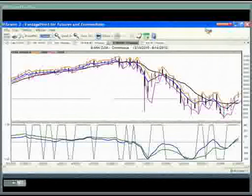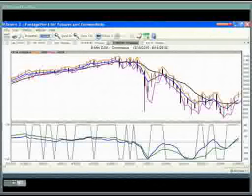As I mentioned, it was a 3-month uptrend, gradually, steadily higher, even though everybody said, well, it can't go higher because there are so many negative things going on that the market just can't possibly go higher. Fortunately, it just kept going higher and higher. But there came a time when, as is the case in most markets, things start to change, and that tide started to turn in this particular time period,